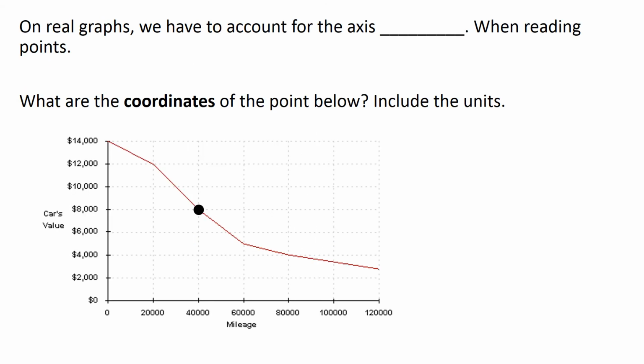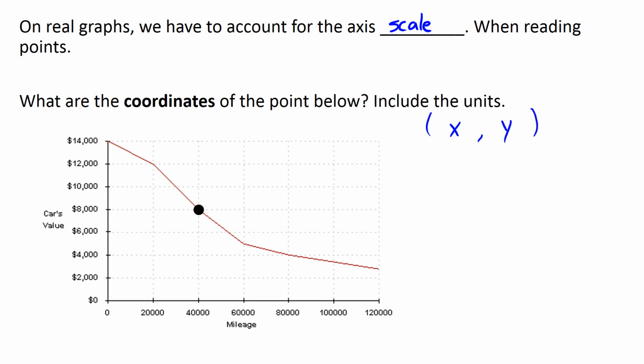So for real graphs, we have to account for the axis scale, because each tick isn't going to be worth 1 of whatever is on the graph. So what are the coordinates of the point below, and include the units? So we're going to write the x, y pair